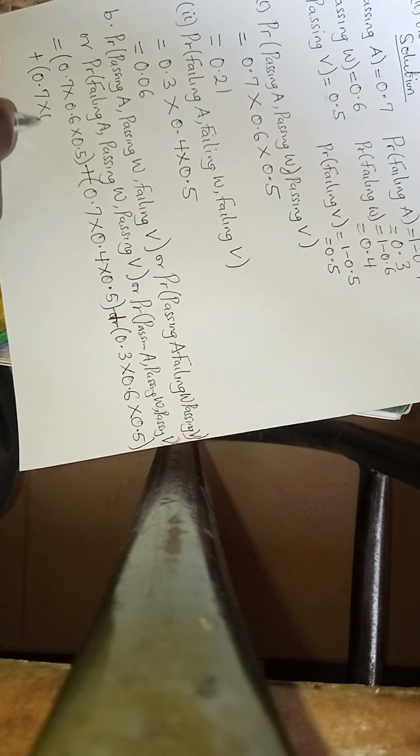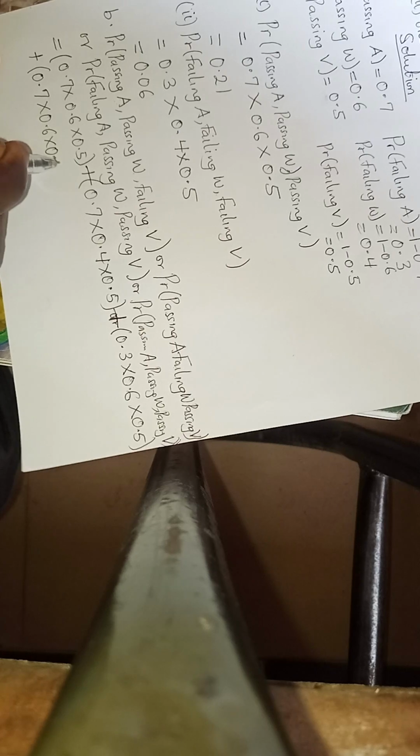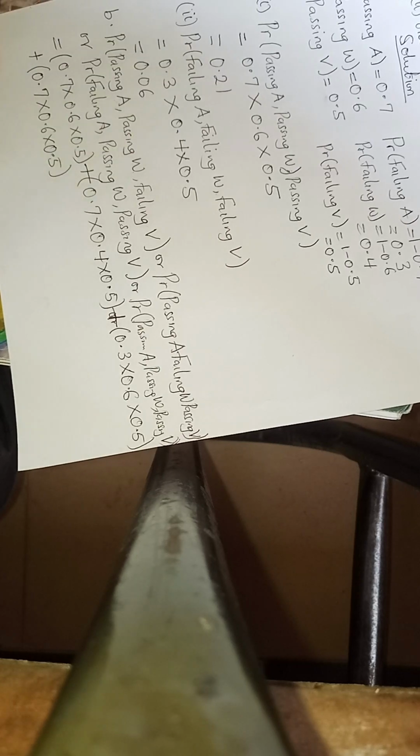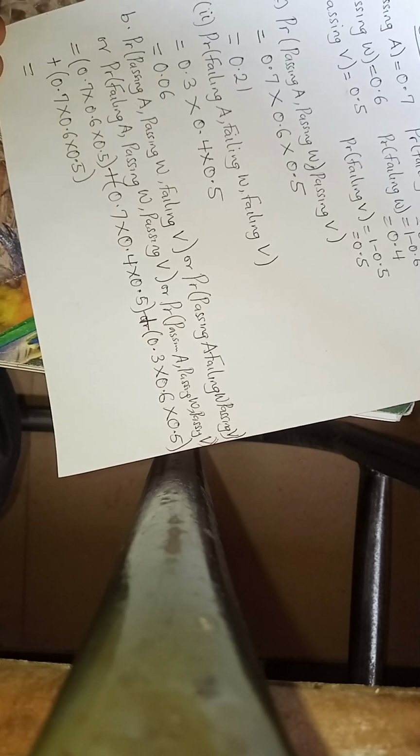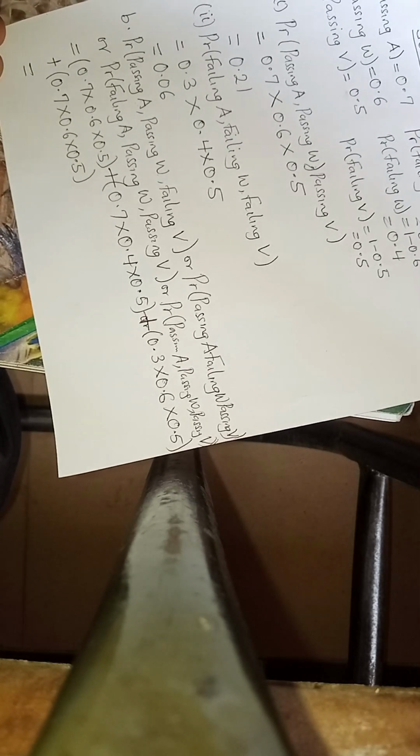So let me just try and repeat it. In exam condition, you can decide not to repeat it. We have 0.7 times 0.6 times 0.5. You already have the answer to that. So if I'm to do this now, let me multiply now. The first one here, 0.7 times 0.6 times 0.5